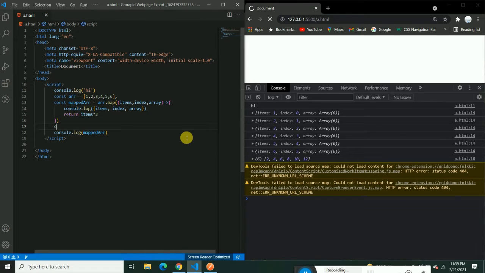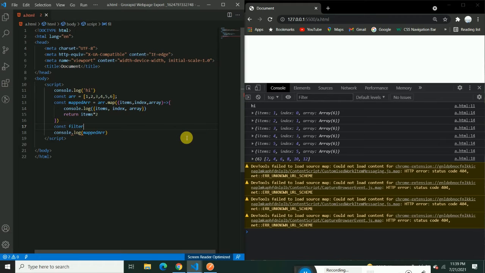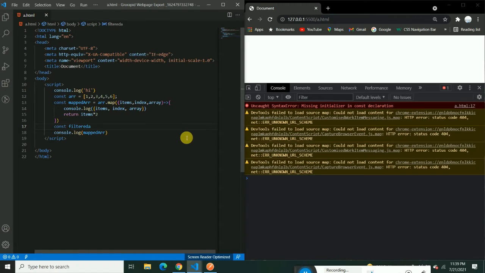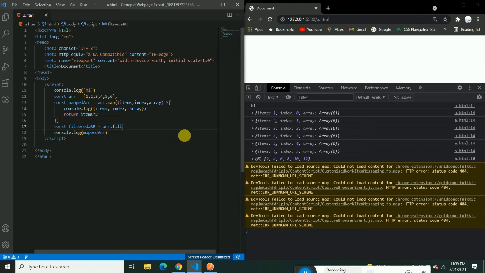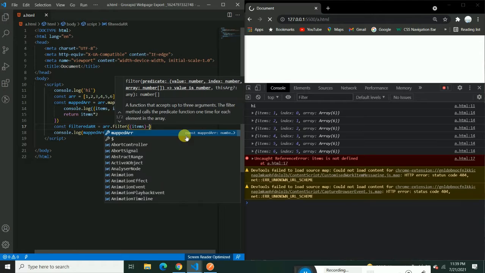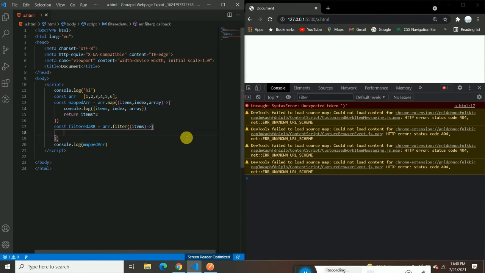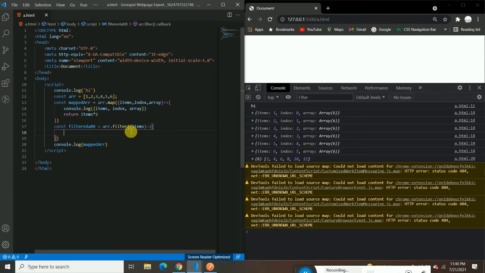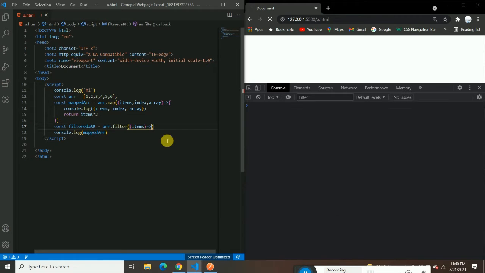So what I will do, const filteredArray equals array dot filter, items. Okay, so what I'm trying to do is filter, let's suppose I want to filter this sixth element. So actually into the callback function, like an arrow function, I don't need to write a block,